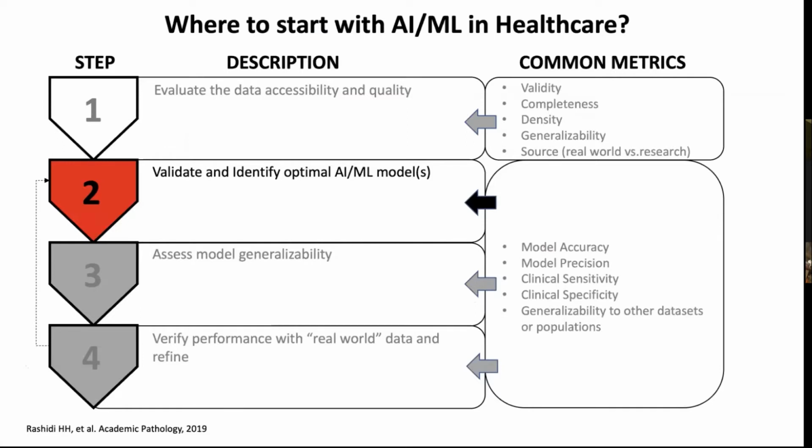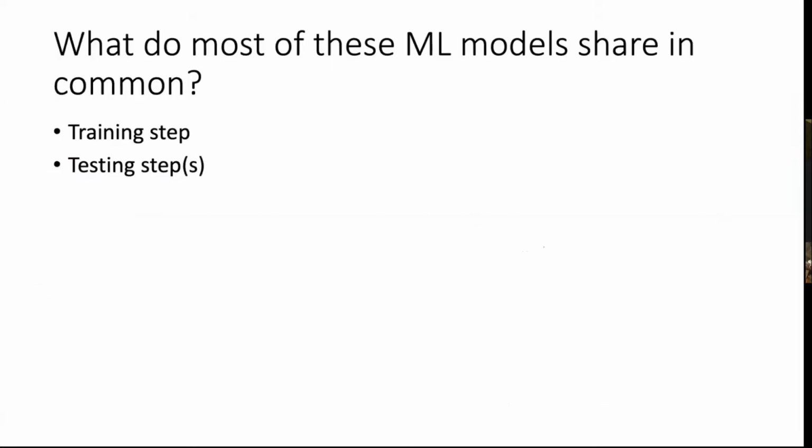Ultimately, at that point, assuming you've gotten the right data, you start planning to build the models. That's optimizing and getting the optimal machine learning models. In all of the supervised machine learning models, they share one common step, and that is a training and a testing step. What that means is that the data set, simply put, has a subset of it taken off as a training set.